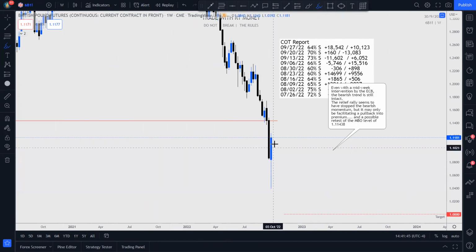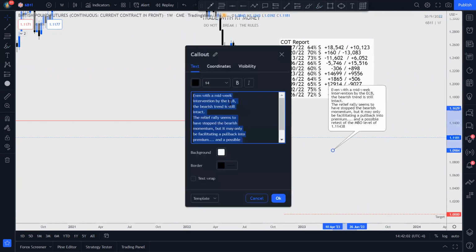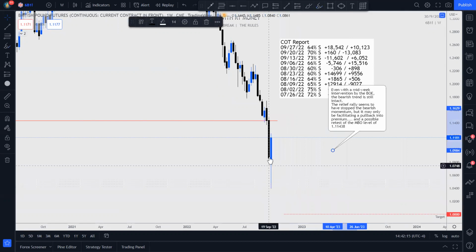And then we had this recovery. The Bank of England, the BOE, right? I said ECB here, and that's my fault. That's why I'm thrown off. Let me make sure we correct that. They had a midweek intervention, couldn't wait, shoring up stuff. And we've had a bullish response, right? Look how the week closed, very bullish on the way up, right?